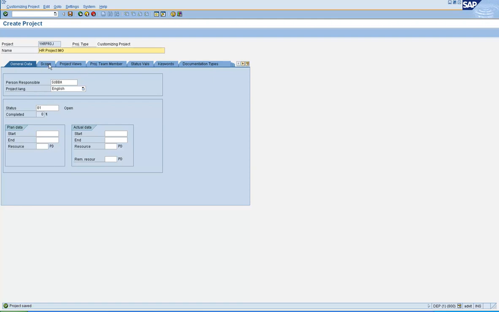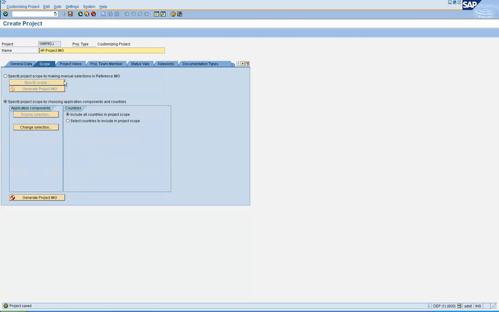Then click on the Scope tab. Now here we are going to select the nodes which are going to be part of this project. So select the Specify Project Scope radio button. Then click on the Specify Scope button,